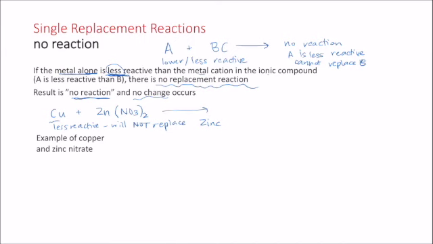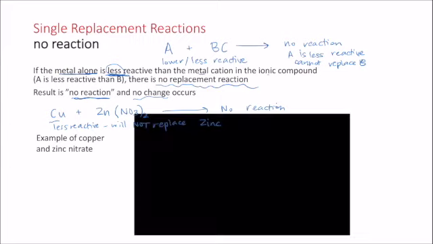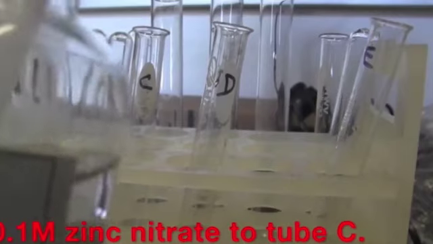So this is an example of no reaction, and you don't write anything on the other side of the reaction arrow. There's no difference. You could actually just rewrite the copper and the zinc nitrate. So how this looks